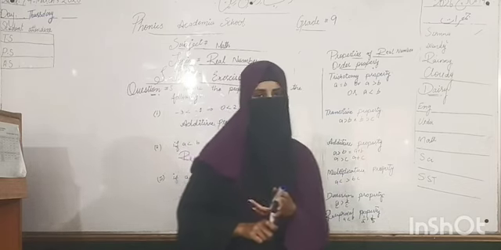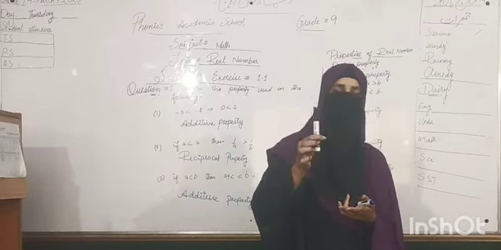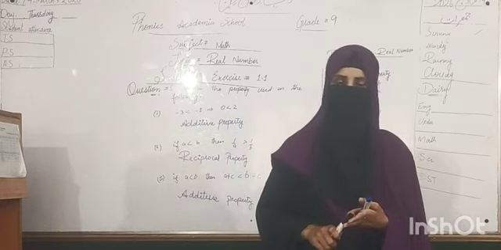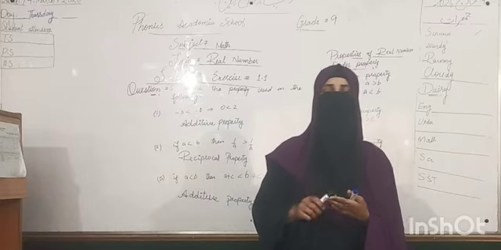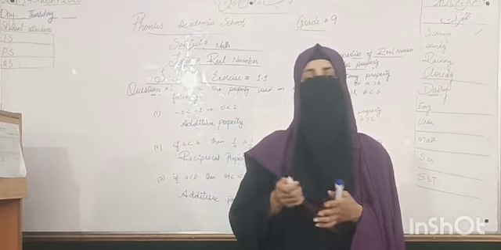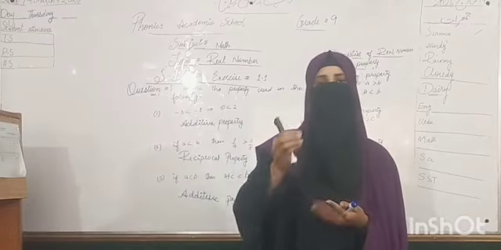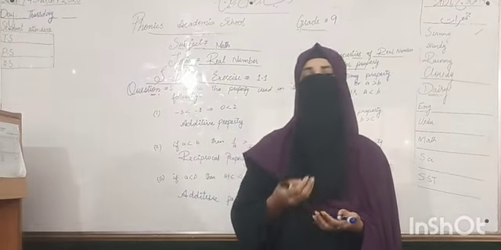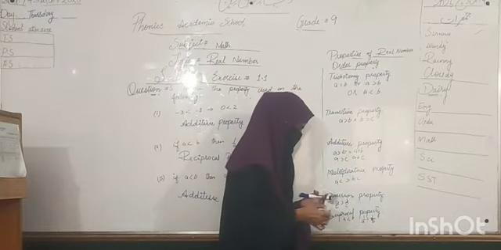Second is the division property. You know that division is like 1 by B. That is a property where terms are divided: A divided by C, B divided by C, B divided by A, C divided by A. These properties are divided to each other. For example, 1 by 3, 2 by 1 are divided to each other. They are also in fraction form. The numerator is divided by the numerator and the denominator by the denominator. If the terms are divided, it is called the division property.